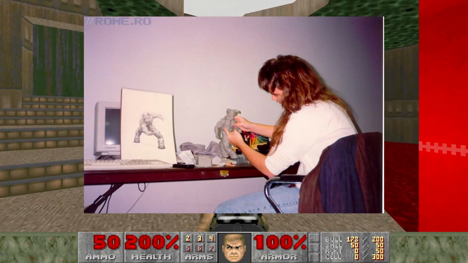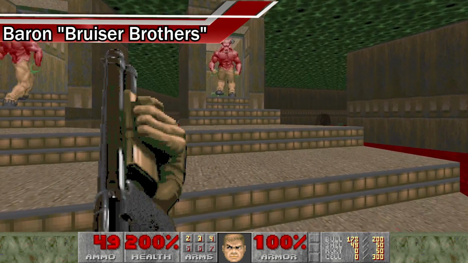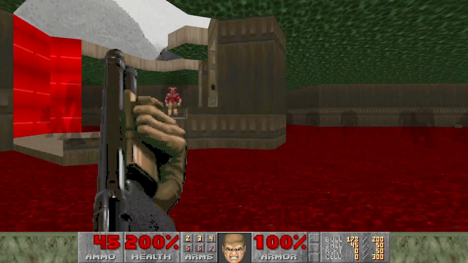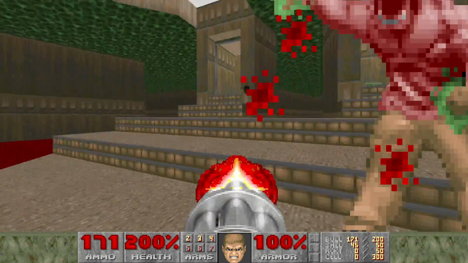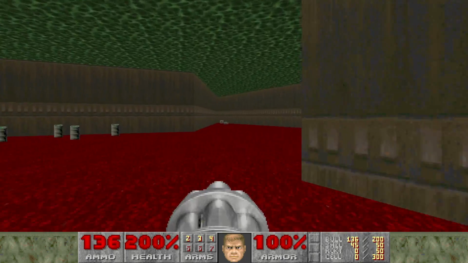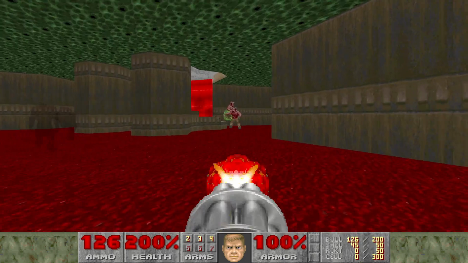So one of the things I named was the Hell Barons, the Barons of Hell, because originally they were called the Bruiser Brothers. There were those two guys as the bosses of the Ninth Level. They were just the Bruiser Brothers, and we called them that all the time. And before it went out, I said, "Are we going to call them the Bruiser Brothers?" And they said, "Well, no." So I came up with Barons of Hell, and then in Doom 2, I decided that the problem with the